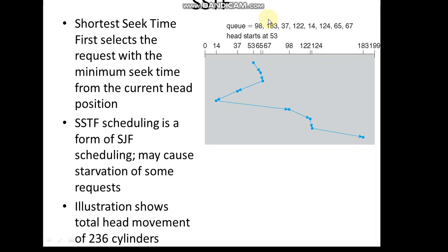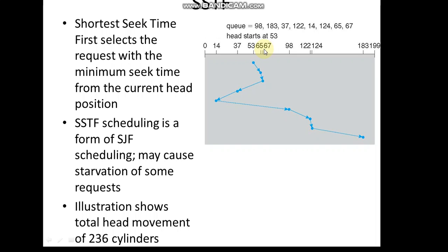So how to do that? I hope that is a simple logic that we need to apply. From 53 you just check the distance between 53 and all requests in the queue. The distances we calculate are 98 minus 53, 183 minus 53, 53 minus 37, 122 minus 53, 53 minus 14, 124 minus 53, then 65 minus 53, 67 minus 53.